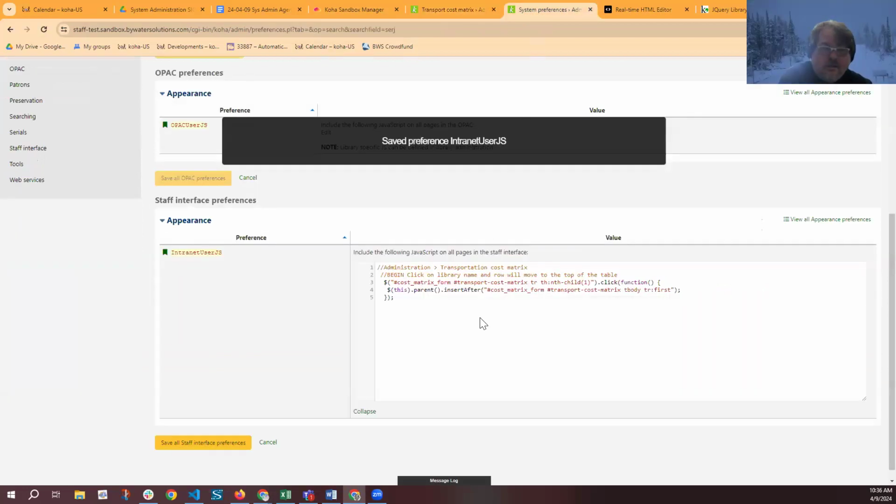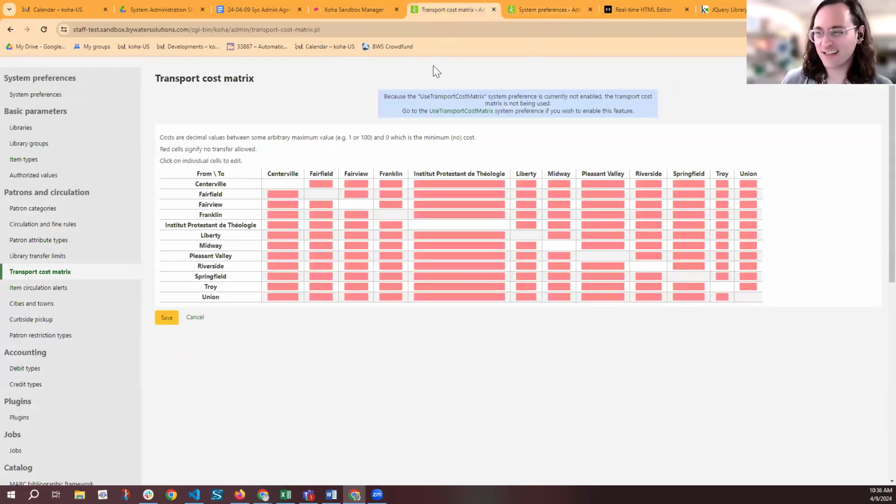I haven't used that in a long time because we don't use the circulation transportation cost matrix at my current library. I would check that and make sure it works. Yeah, it looks like it's not quite doing it, so it might need a little tweaking, but being able to move it to the top